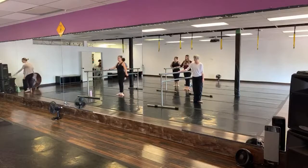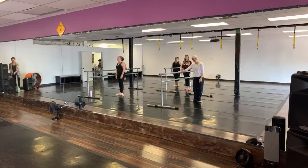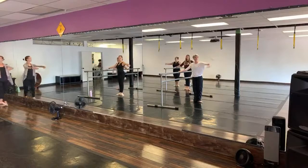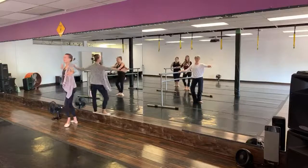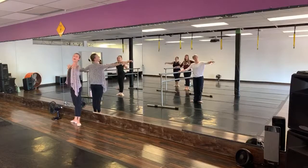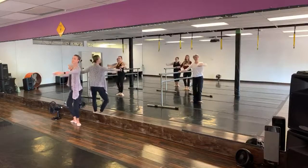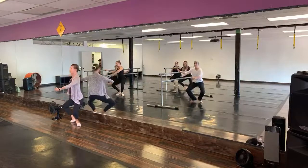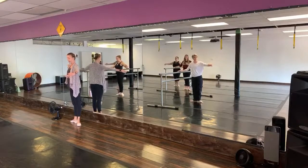As we do these pliés, think about getting taller as we plié. Here we go. Arm to first, open second, and demi, stretch, leaving the arm in second. There we go, and demi, arm floats down, demi plié, arm second, grand plié. Good, heels press down, a little rise, and tendu out to